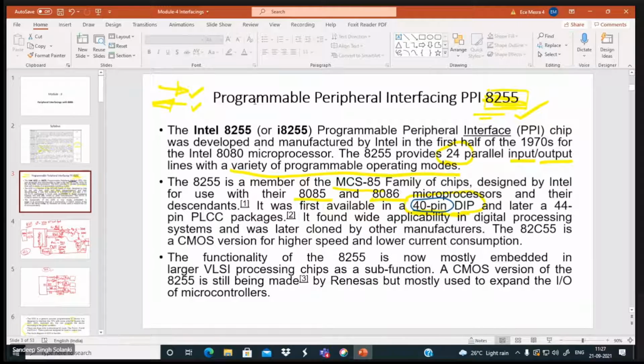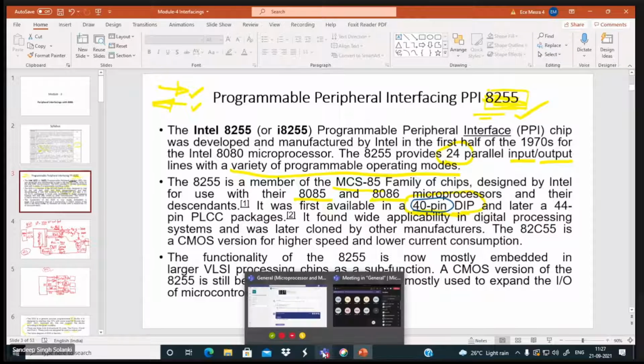It's not necessary that you will always require the 8255, because there are many more interfacings. In your syllabus we have included very simple interfacing chips, that is the 8255 and 8253, that is a timer, and 8279 is also there.